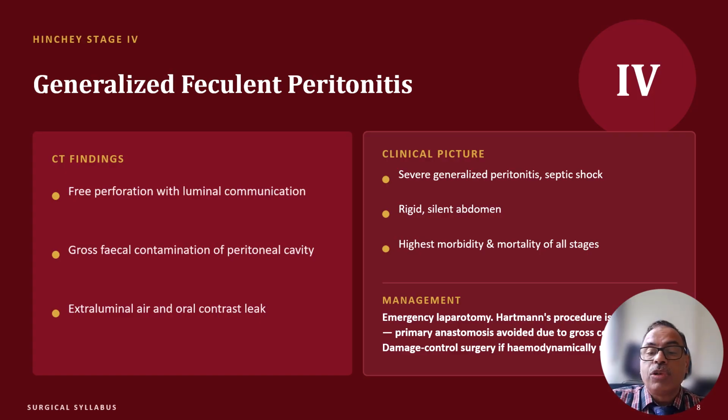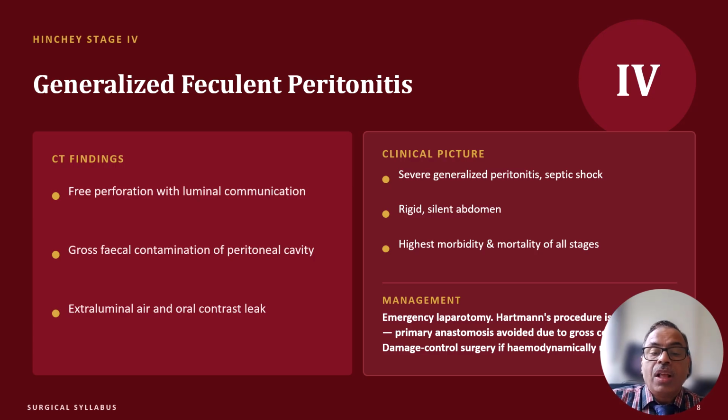Patient most of the time would be in septic shock with hypotension, tachycardia, and this stage carries the highest morbidity and mortality. And the mortality and morbidity would increase along with the presence of comorbid conditions or in an elderly patient. In such a case, emergency laparotomy should be done. Hartmann's procedure is the procedure of choice in such a case. That means you excise the diseased part of the gut, do a proximal end colostomy, and do a closure of